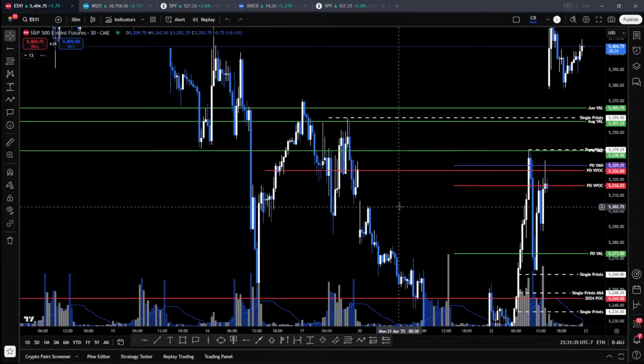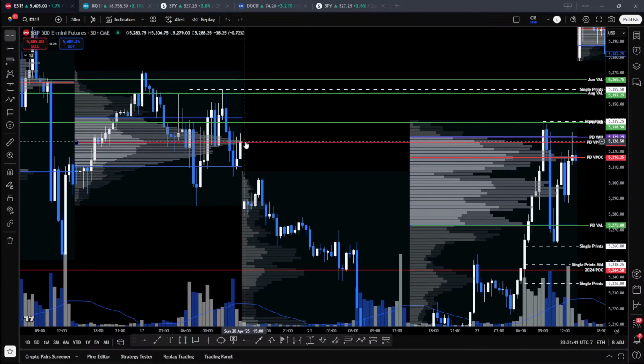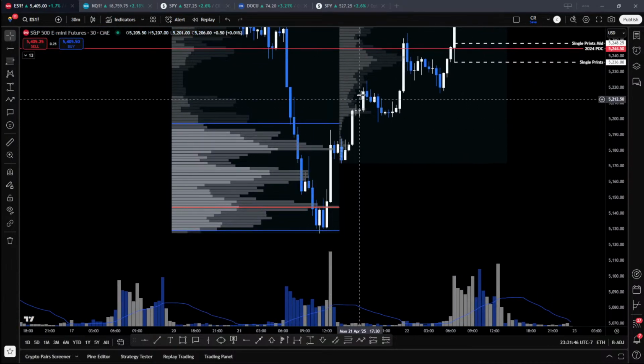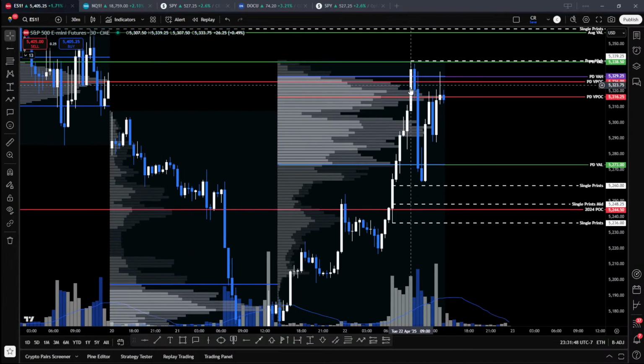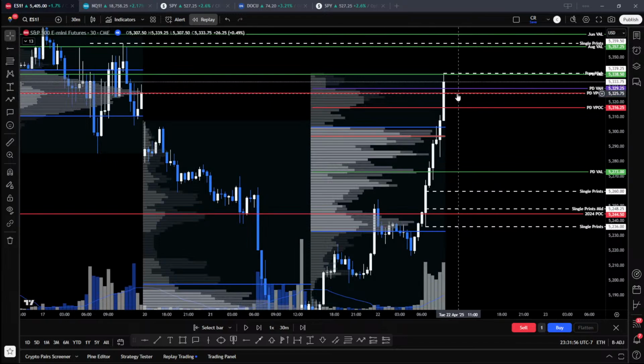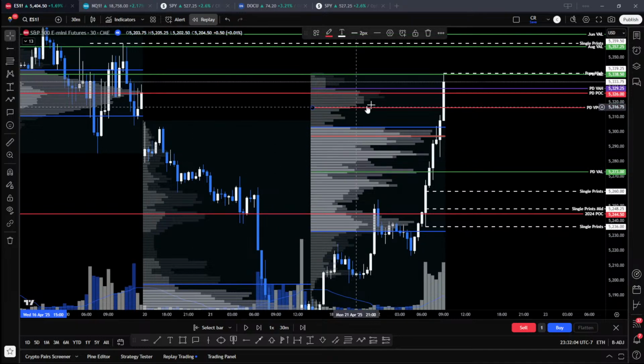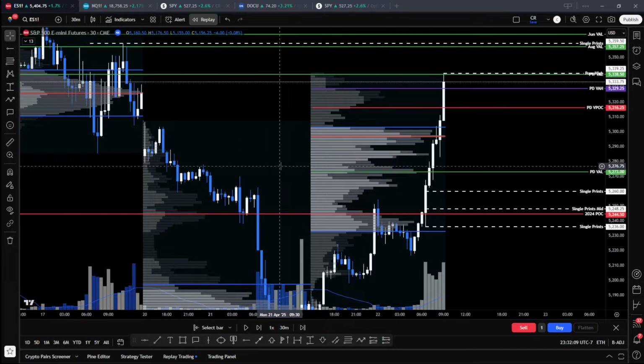What we're looking for at that point is you can see the next day we opened below it. We never came back and retested it. We ended up going way lower and then finally coming back up. And right here at this moment is where this went from being a virgin POC to a regular POC. Okay, and the distinction between a virgin POC and a regular POC is that virgin POCs act as magnets for